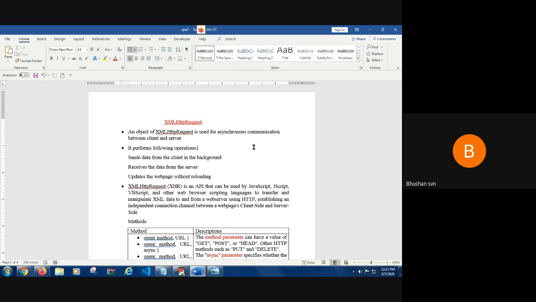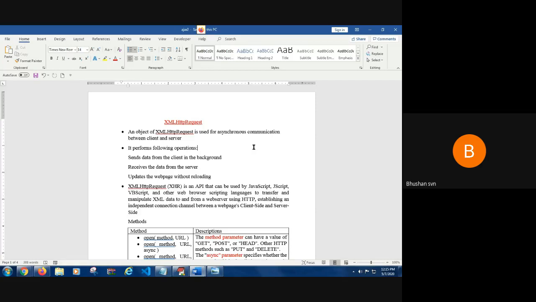Since the output will be in the form of XML data, we say it is an XML HTTP request. Similarly, you would have done this in servlets, where you have a servlet request and servlet response, and the output is in the form of servlet request and response. Here we are talking in terms of XML. What is XML? Extensible Markup Language. This means it is possible to define our own text using XML.